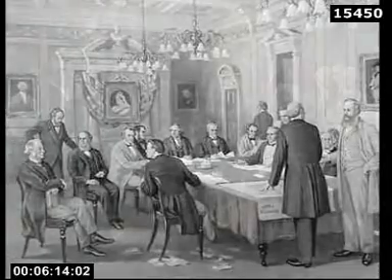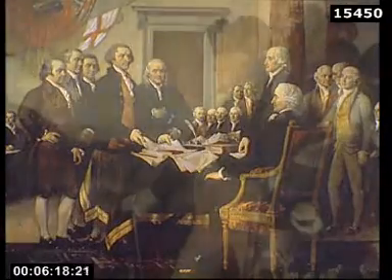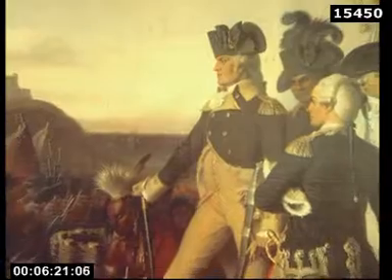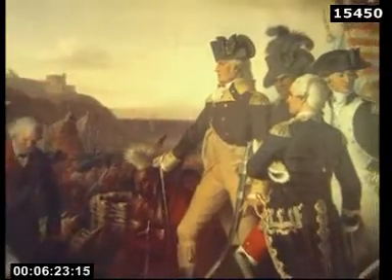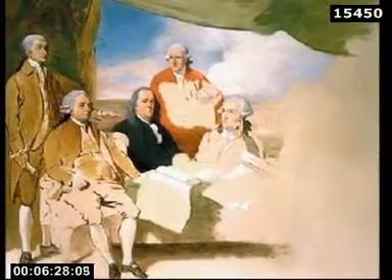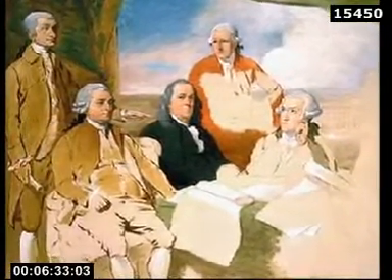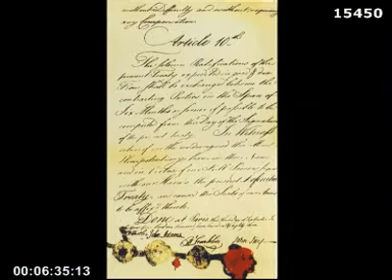This resulted in an American Declaration of Independence in 1776 and the victory over the British on the battlefield of Yorktown in October 1781. The long War of Independence finally ended on the 3rd of September 1783, when the Treaty of Paris was signed and Britain formally recognized the United States as an independent nation. Independence was a time for elation, but it was also a time of great insecurity.